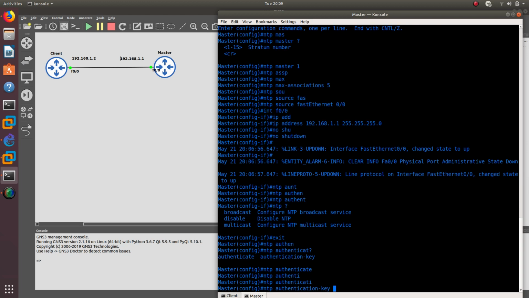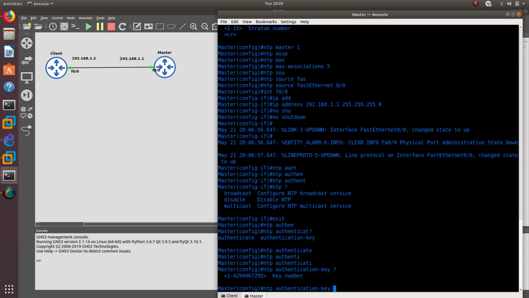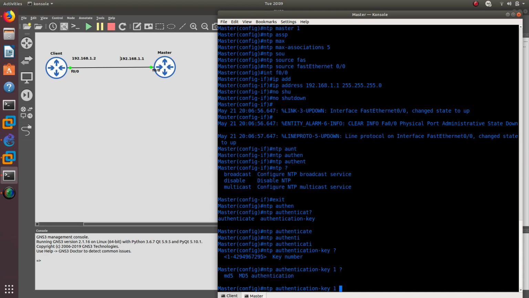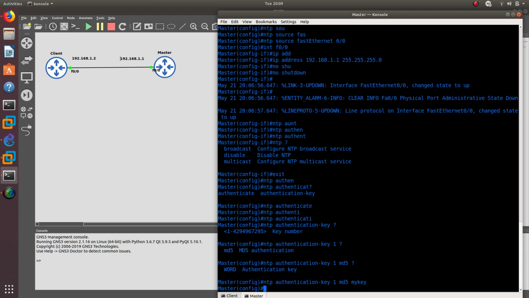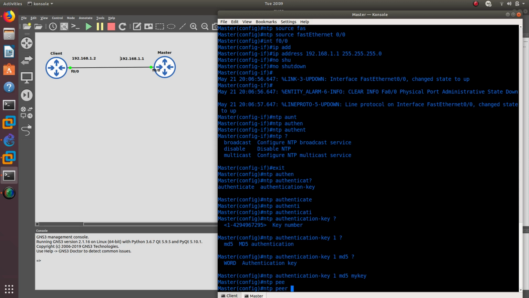authentication key. And the key number is going to be key 1. That's the key that I'm going to be using. And the authentication is MD5, so we're going to hash it with MD5. And then the key name I want to set to my key, all in lowercase. If you put any capital letters over there, make sure that you capitalize on the client as well, because it is case sensitive, like always, right? And there it is. And now after that, I want to configure the NTP peer, and